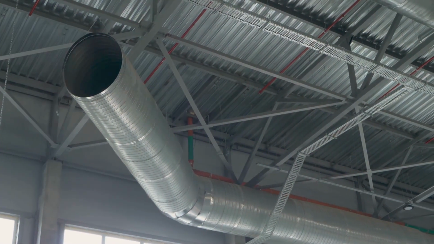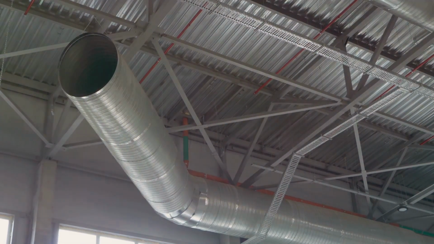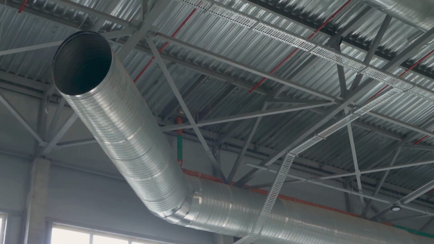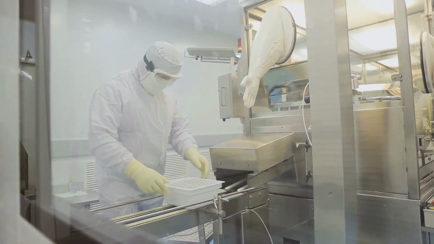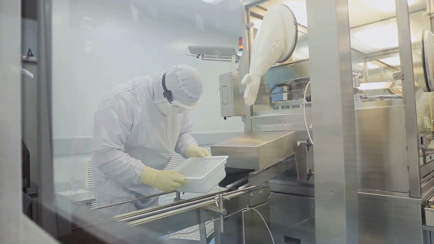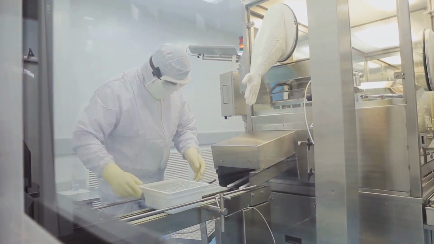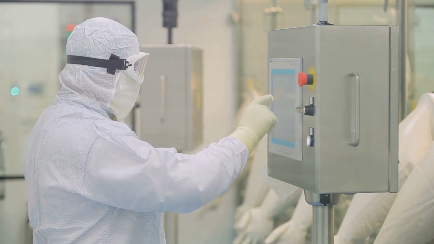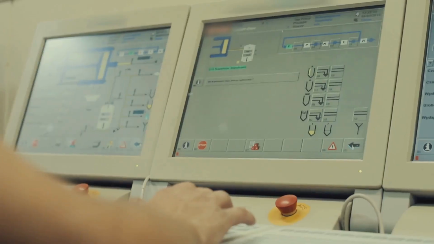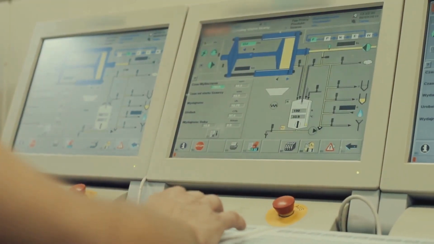Next, we move to HVAC design, a critical aspect of maintaining a controlled environment within pharmaceutical facilities. HVAC systems manage the heating, ventilation, and air conditioning of the facility, ensuring that temperature, humidity, and air quality are kept within specified limits. Important factors include air filtration, utilizing high-efficiency particulate air, HEPA, filters to remove contaminants from the air; pressure differentials, maintaining positive pressure in clean rooms to prevent the ingress of contaminants;